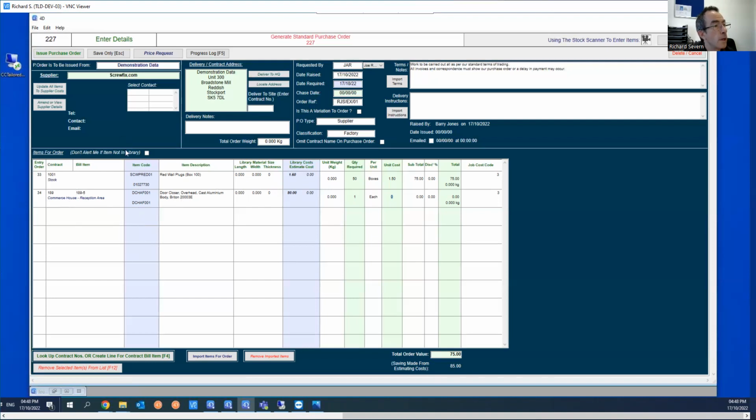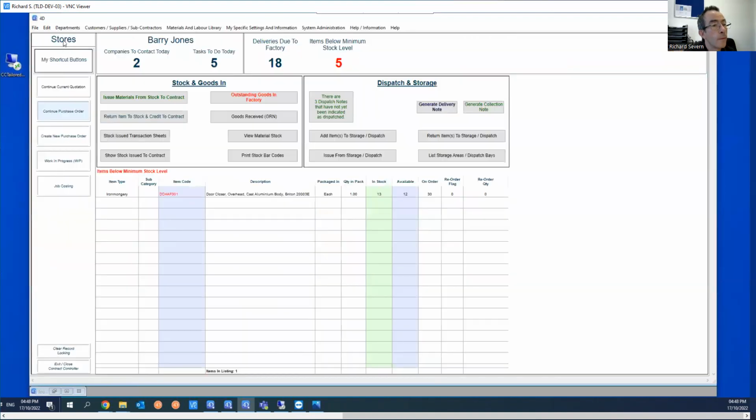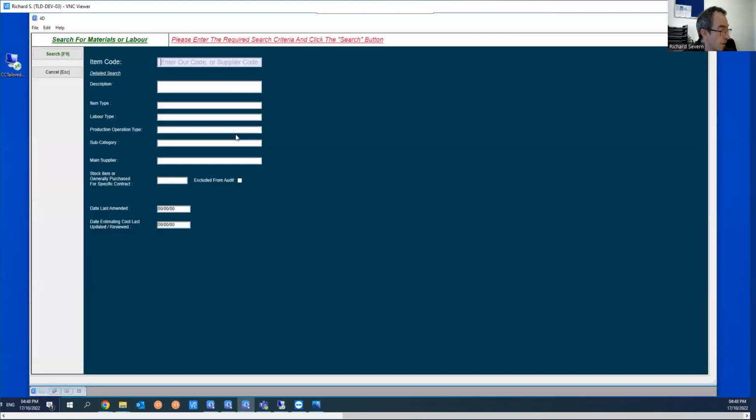Now, if we briefly go and have a look at where these codes are held in the material library, I'll just come out of this purchase order, and then we will view the material. So again, I can search by either the code on the supplier's product or our own code, it doesn't matter. So I'm going to search using the code on the box,